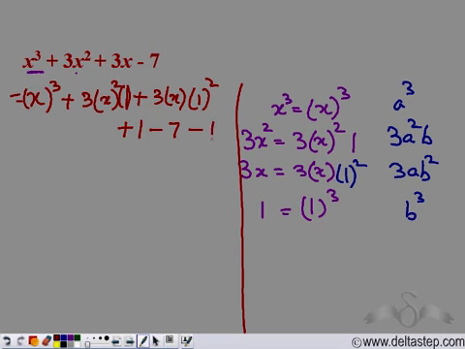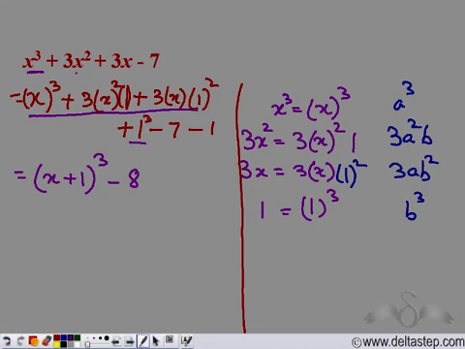So we have added a 1 and we subtract a 1. This 1 can be written as 1 cube. So these 4 terms are in the form of a plus b whole cube, where a is x and b is 1. So we can write it as x plus 1 whole cube minus 7 minus 1, that